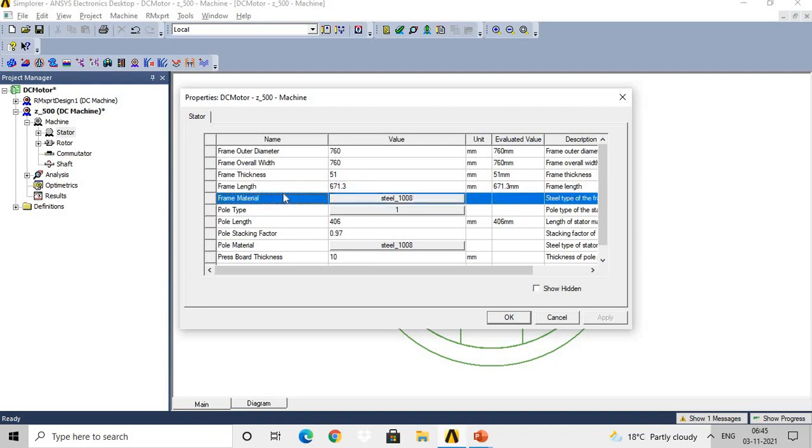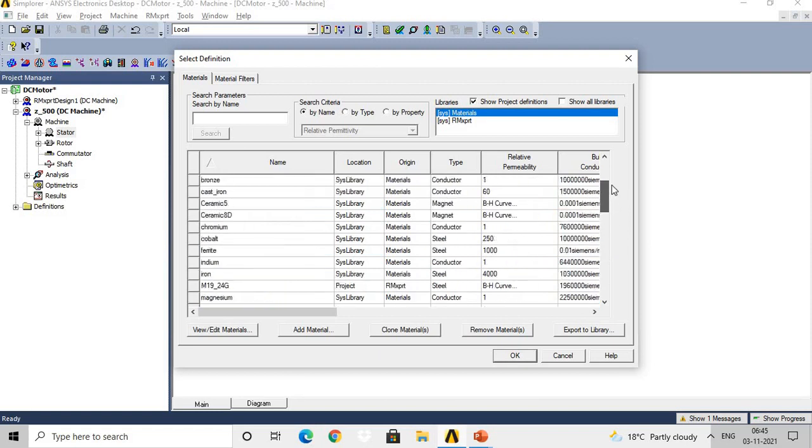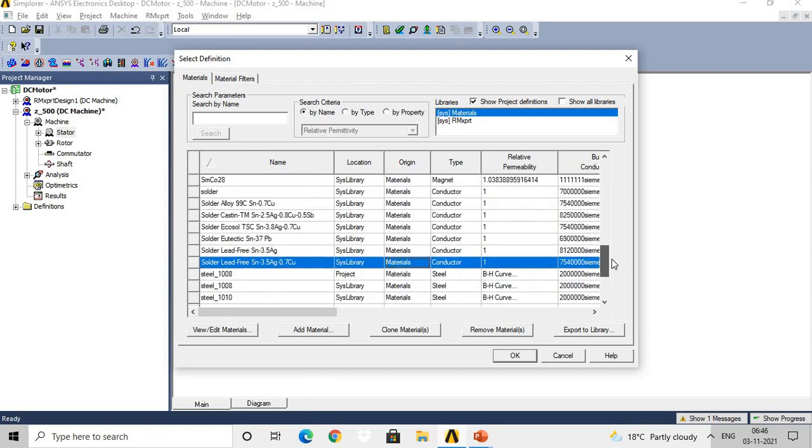Then frame material, that is the material which is required to prepare the frame. For this purpose, if we double click here, then you have the material library list. Just wait till the material library becomes available. In the material library, there is a list of different materials. This is the beauty of this software, that you can select any material from the available list and